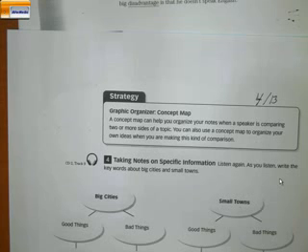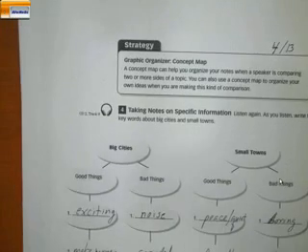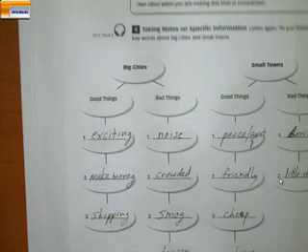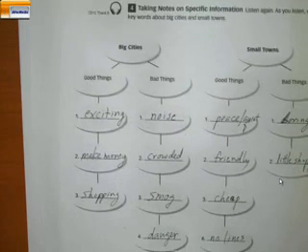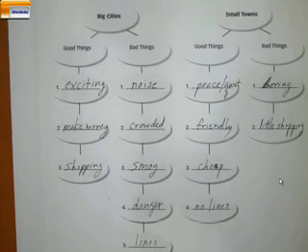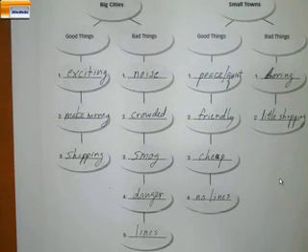A concept map. And you see on one side, on our left, we have big cities. On our right, we have small towns. Good things, bad things in each case. Now, it would have been easy filling this in while you were listening. And you could do this again. You can listen to the lecture or the conversation again. Let me get this centered for you. If you listen carefully, you'll notice we had these different points.